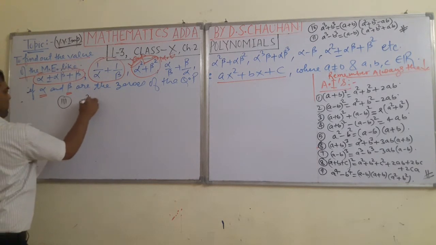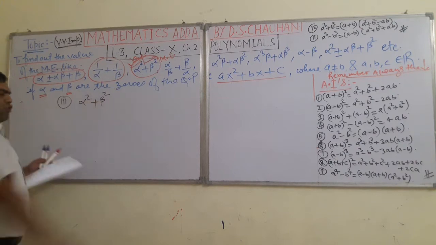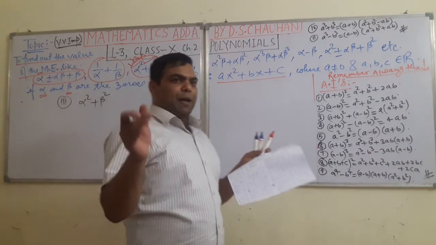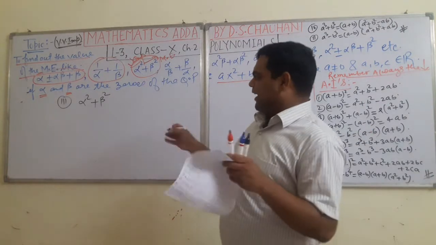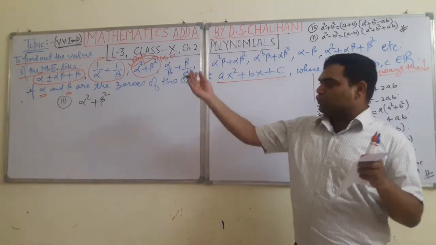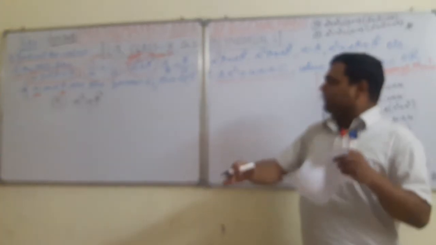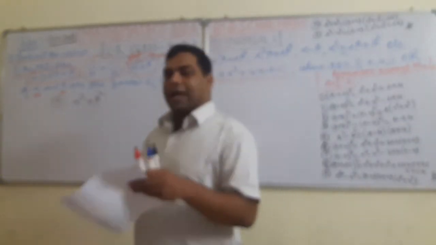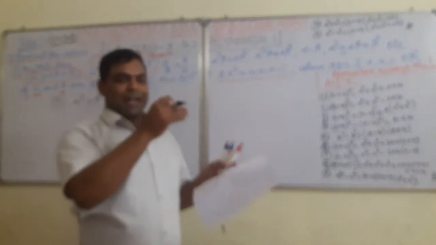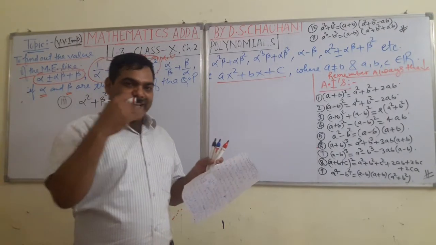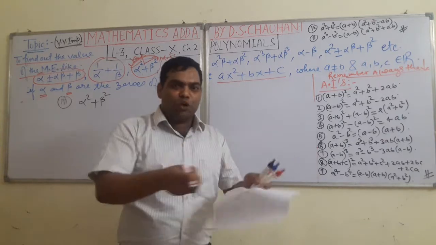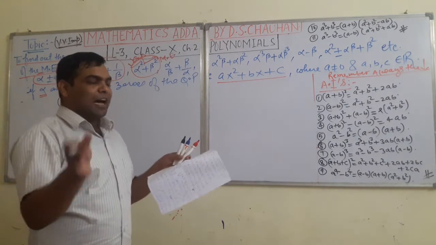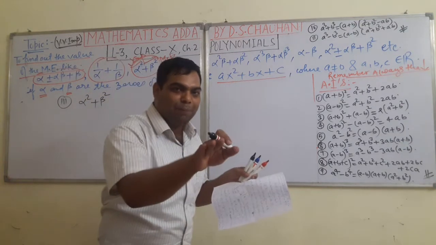It is, you have alpha square plus beta square. No need to worry, students. You suppose in place of alpha as a, in place of beta as b, what do you have? You have a square plus b square. Is there any formula where a square plus b square are coming? Yes, we have the formula a plus b to the whole square. What is it? A square plus b square plus 2ab. Suppose we have to find out alpha plus beta to the whole square. What it could be? Alpha square plus beta square plus 2 alpha beta.